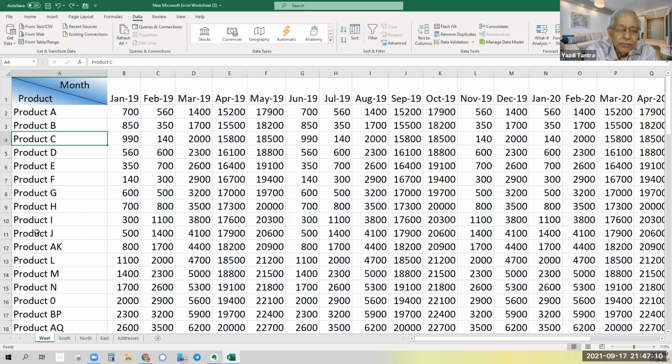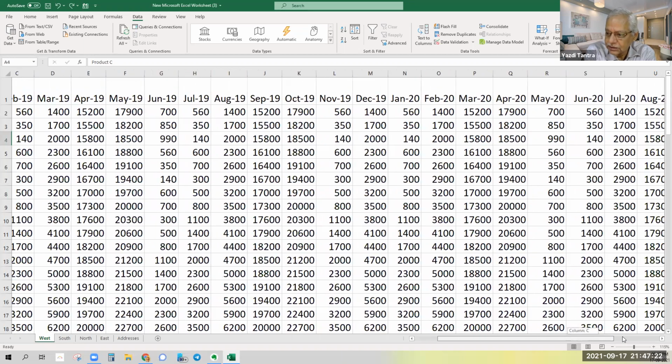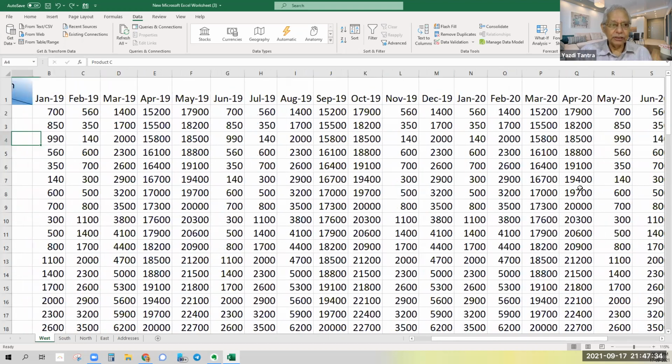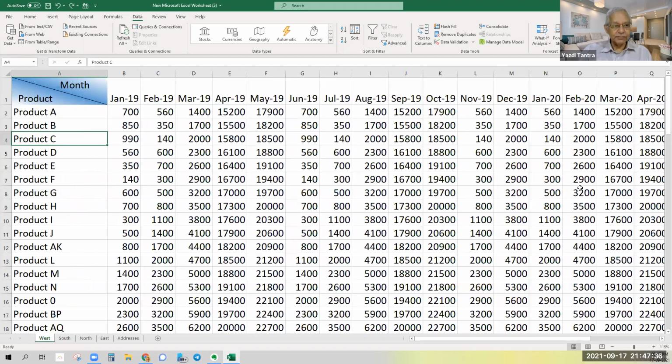Now, if you want to jump to any end of the sheet, for example, now we are on A4 and you want to go to the last cell in this line. So how will you go there? You just drag it here and come here. And then I'll have to now search where is 4 here. Okay, I came here, right? So quickly going from one end to the other is again very simple.